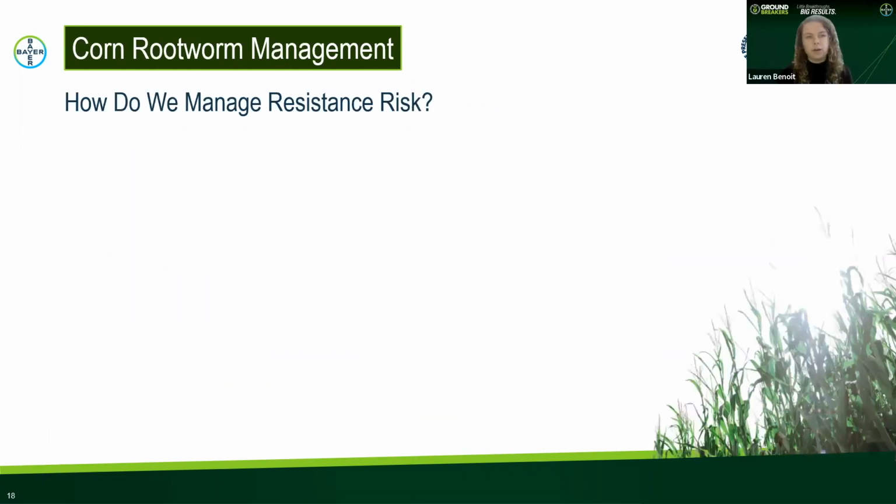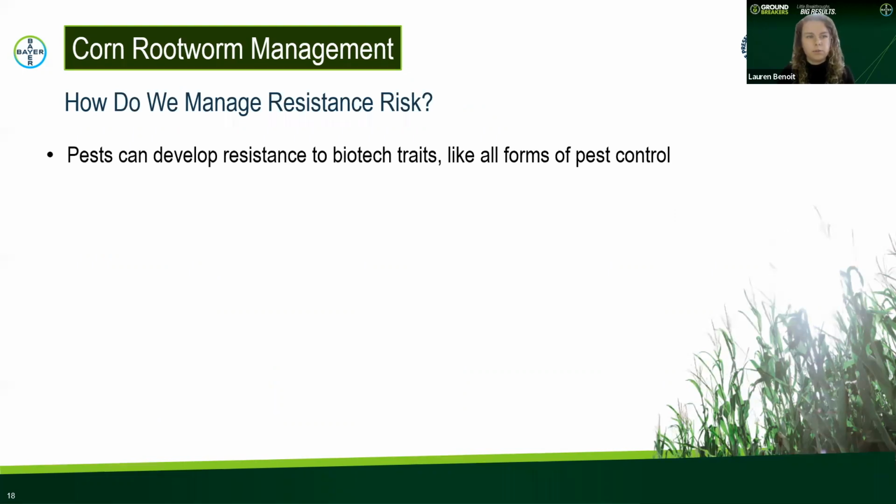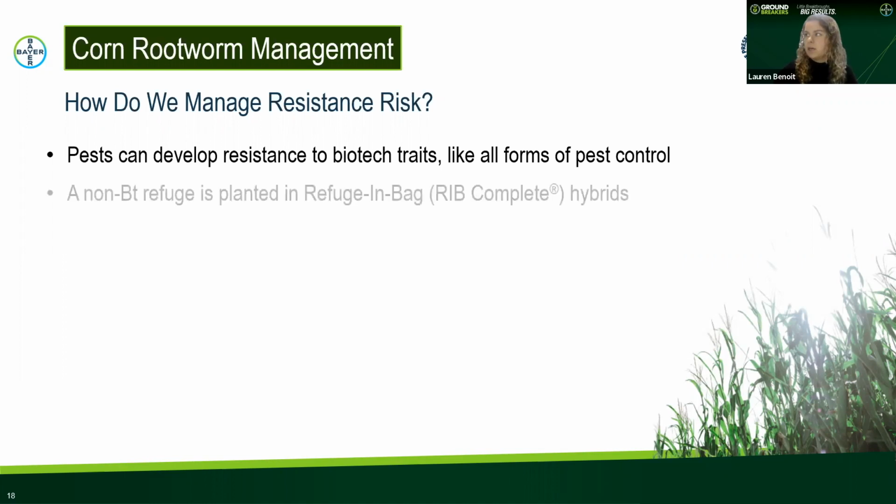So moving on to the next topic, we're going to talk a little bit about how we manage resistance risk. Like all forms of pest control, pests can develop resistance to biotech traits. They can develop resistance to that BT protein, and essentially the trait is ineffective. Now, a few things that the industry has done to help steward the products and prevent resistance,